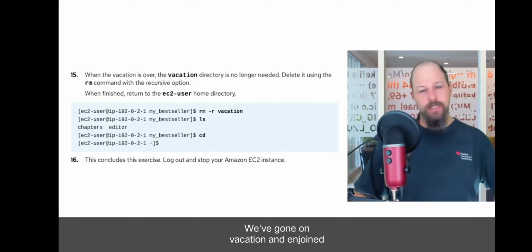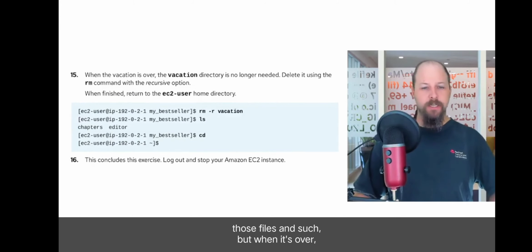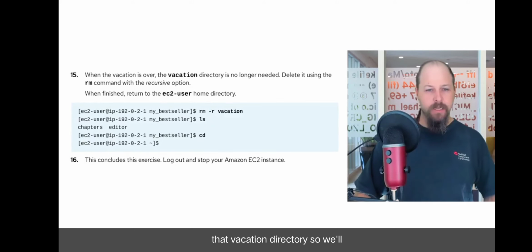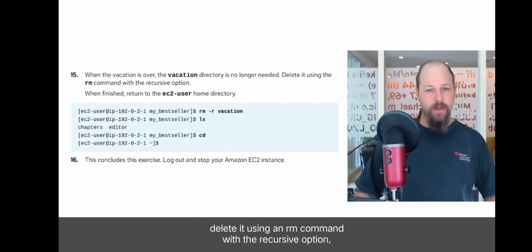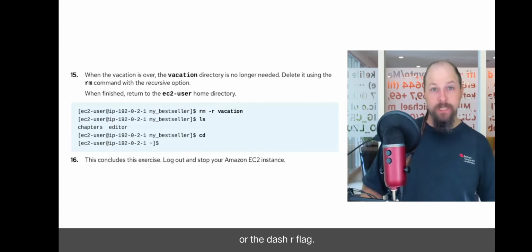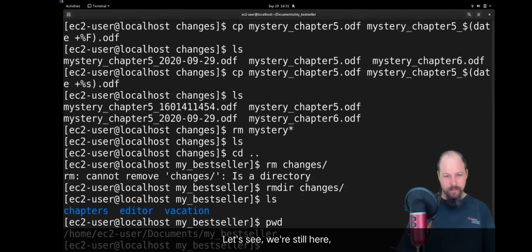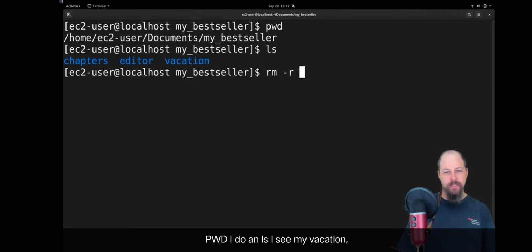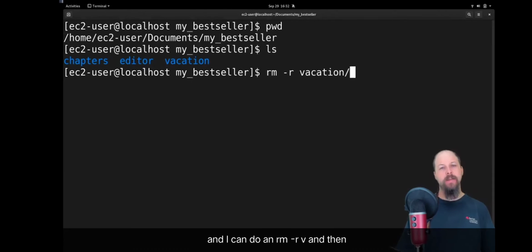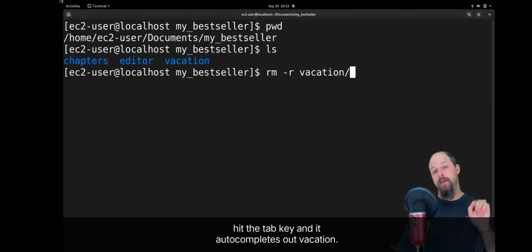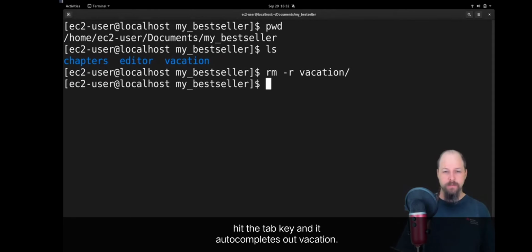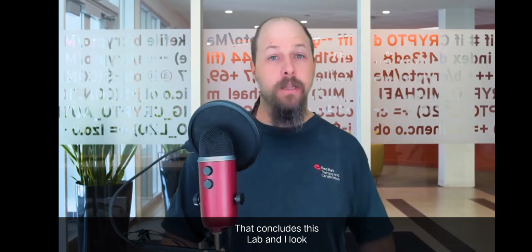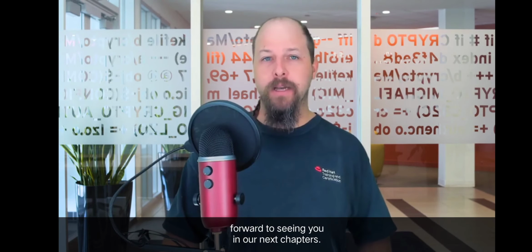All right, we've gone on vacation and enjoyed those files and such. But when it's over, we need to just get rid of that vacation directory. So we'll delete it using an rm command with a recursive option, or the -r flag. So let's see, we're still here, pwd. If I do an ls, I see my vacation. And I can do an rm -r v and then hit my tab key, and it auto-completes out vacation. Do an ls, and I see that it's no longer there. That concludes this lab, and I look forward to seeing you in our next